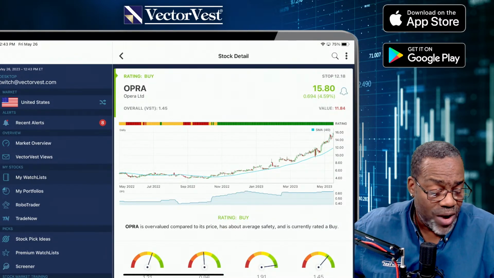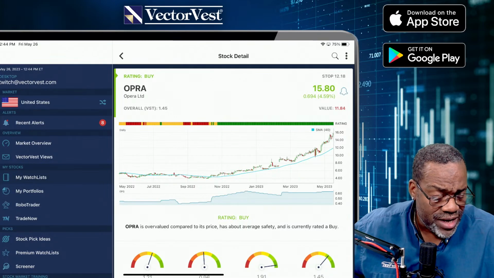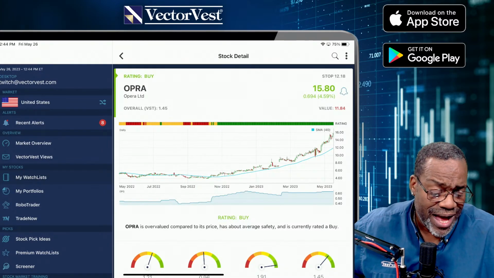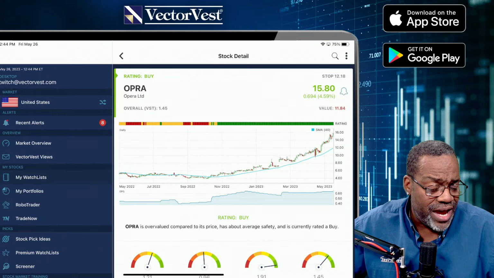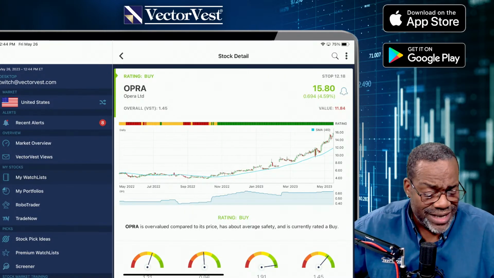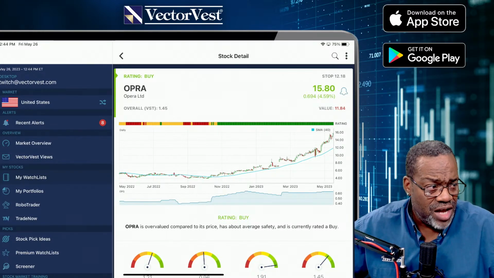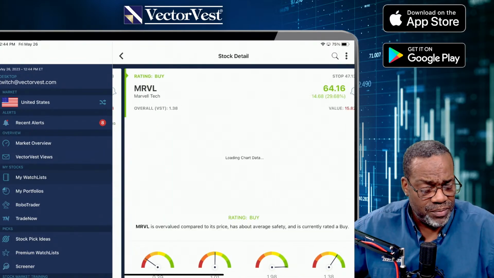This is Opera. Wow, look at that. These stocks look sweet. Earnings per share is leveling out, but still higher than it was a year ago. The stock is riding that moving average, just going higher and higher. I love these plays. Stock is up 4.5% today. Again, as you look at these stocks, if you're interested, hit the bell icon, set up an alert.